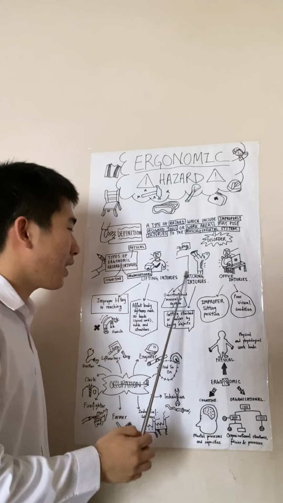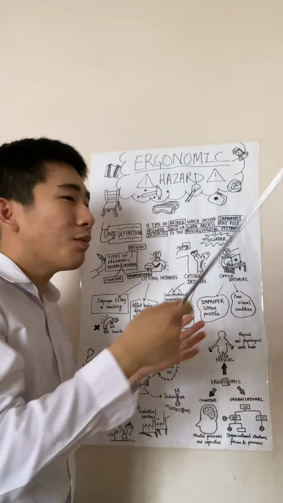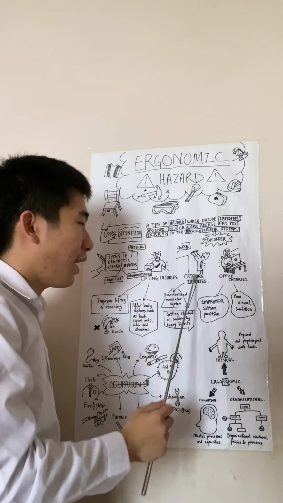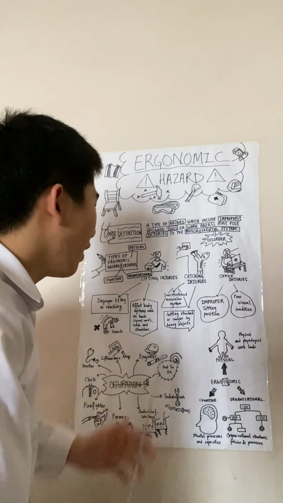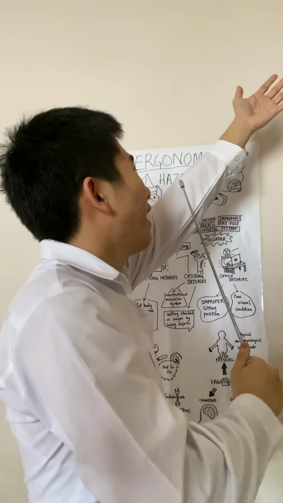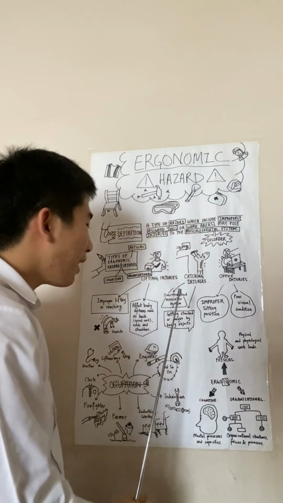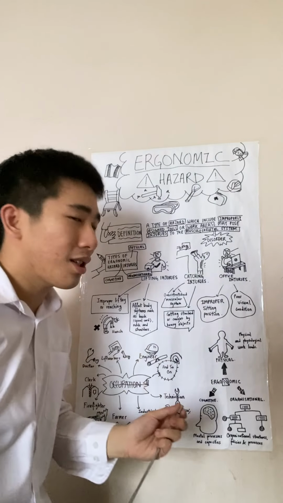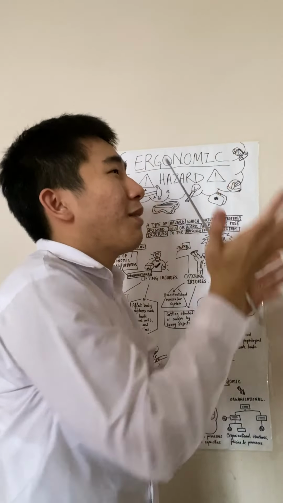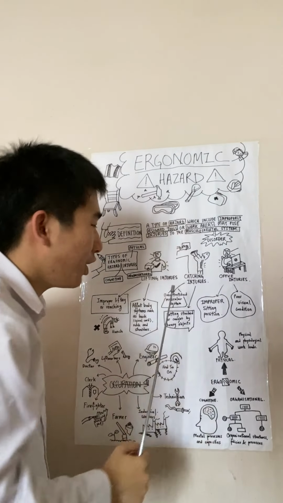Secondly is the catching injuries. Catching injuries happen when you want to get an object from a higher place and the object is quite heavy and not balanced. This is caused by an overstretched muscular system, and when you stretch your hand like that, it causes muscular pain and wrist pain. You can also be struck or caught by heavy objects, such as when you bend your leg and get something from high to low, and this is what we call catching injuries.